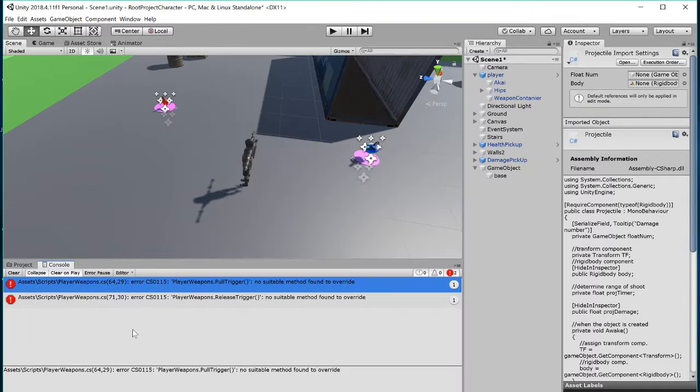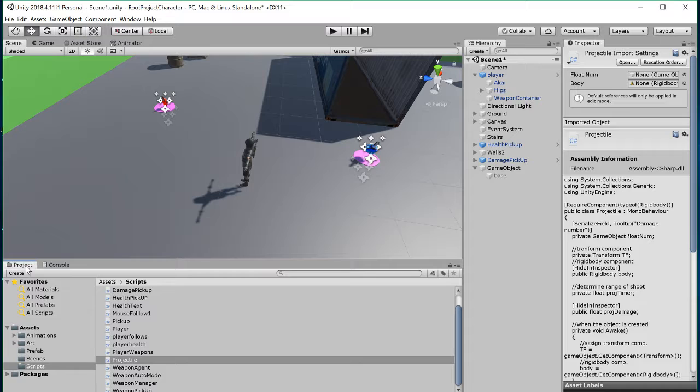Hello, this is Jasmine Clark, reporting for our second part of the project, which is the weapons part. I've been having a little trouble with the code, but I will be going and explaining the code and everything for the weapons. So I have the projectile, I have the player weapon, and I also have